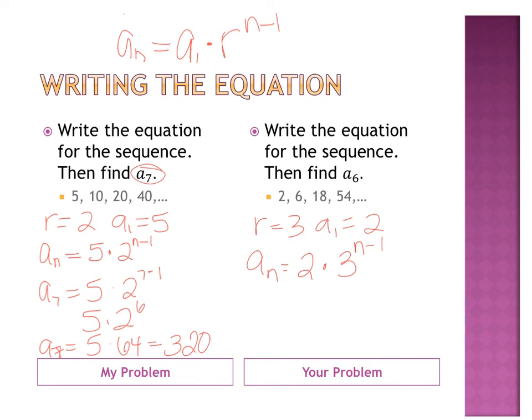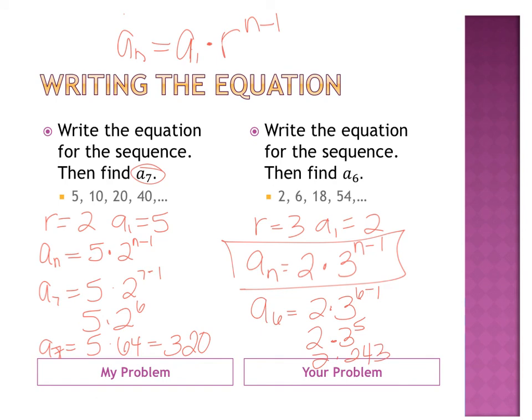So my equation has 2 variables, n here and an. That's my rule, my equation. And to find a6, 2 times 3 to the 6 minus 1, 2 times 3 to the 5th. What is 3 to the 5th? 243. And 2 times that is